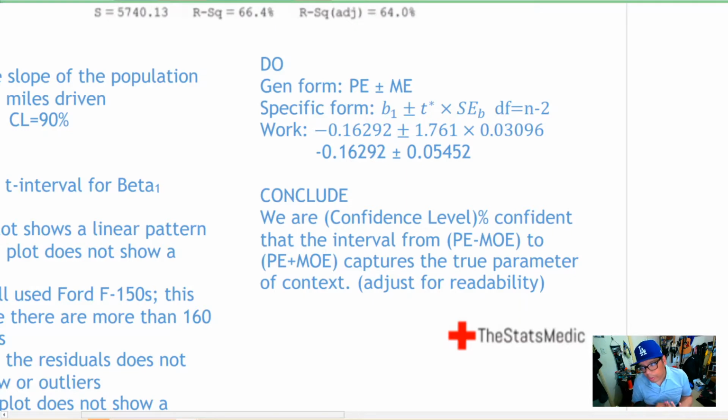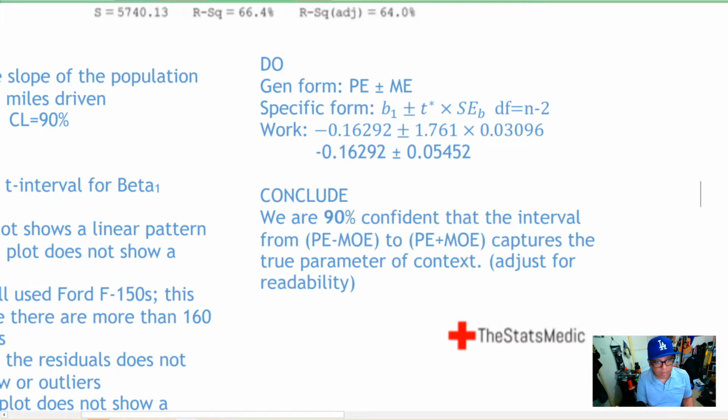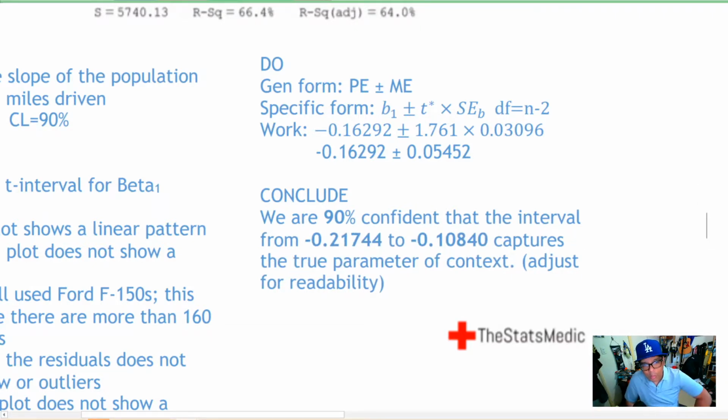Finally, we can work on the conclusion together. We are 90% confident that the interval from negative 0.21744 to negative 0.10840 captures the true